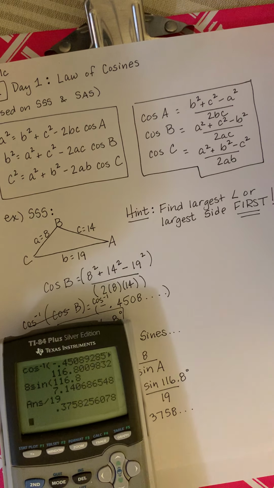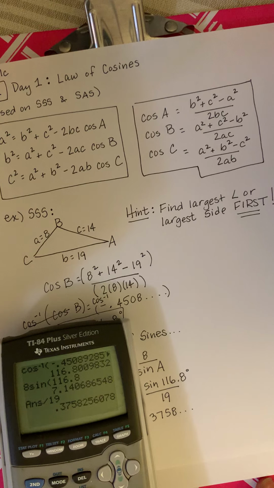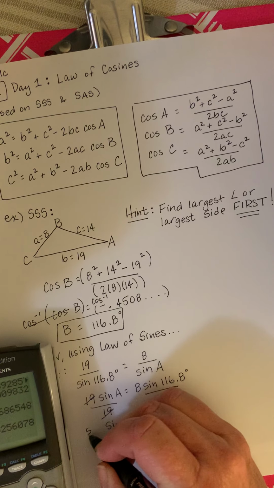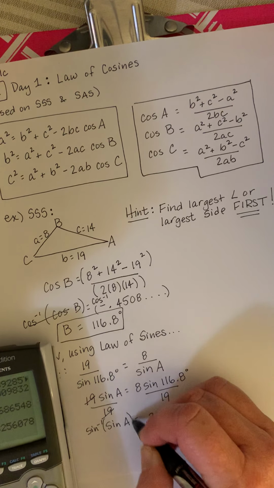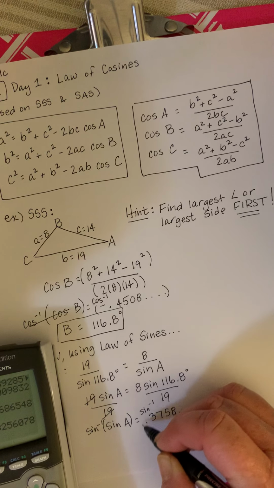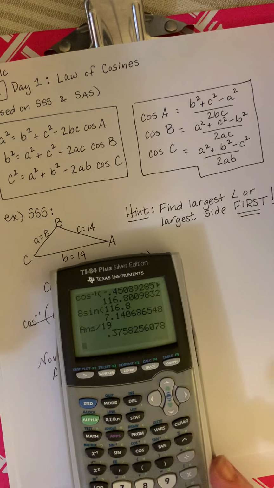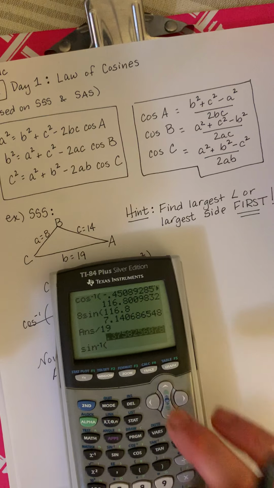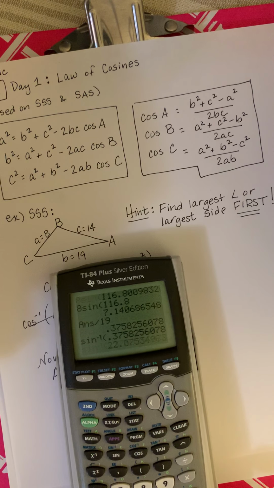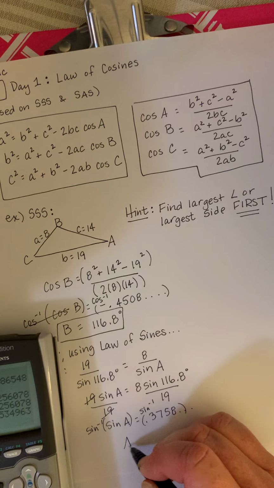Okay, and again, it's going to go on and on and on, as these do, but I'm going to second sine this answer now so that I can find out what A is. Second sine. And there we go. Angle A is